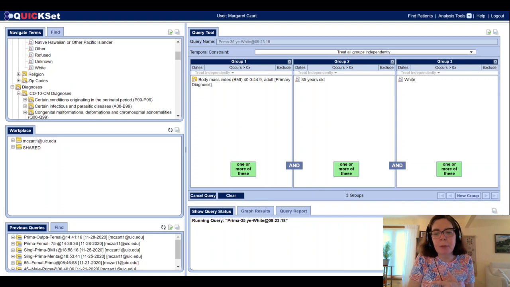Now, as you see, this particular dataset is still running, which means there are probably a lot of individuals based on what I've selected. But you can run the data query and you should be able to get a result. If you have difficulty,